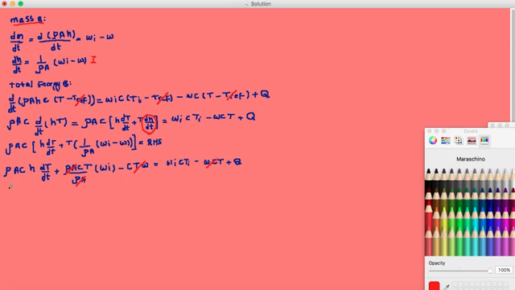So the simplified version of the equation would be dT by dt, which is time, equal to 1 divided by rho A C multiplied by omega I C T I minus omega C, actually omega I C T plus Q, divided by H. We will call this equation number 2,